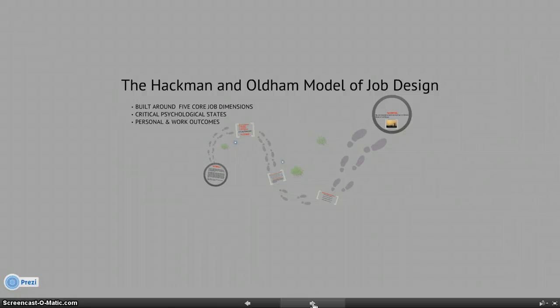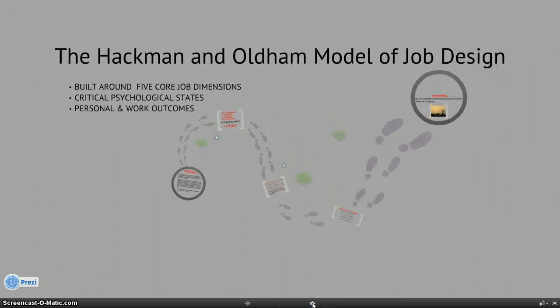So here we go. The Hackman and Oldham model of job design is built around 5 core job dimensions, and it sort of builds on Frederick Herzberg's model of job design, except it goes a little bit farther than the 2 categories that he came up with by building on these 5 core job dimensions. And this first slide